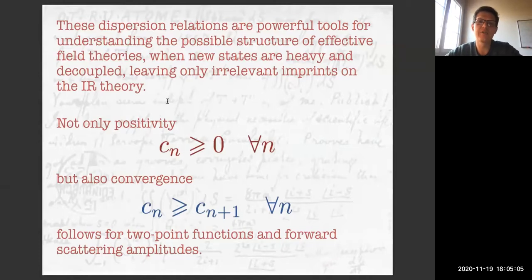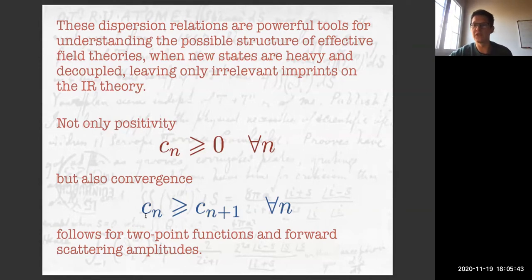So I think these dispersion relations are very powerful tools, and they give us lots of interesting things. We get not only the positivity constraints that we normally think about in quantum field theories and effective field theory, ever since the very pioneering papers by Nima Arkani-Hamed, Riccardo Rattazzi, Alberto Nicolis, Allan Adams and co. But with this approach we also get results that go beyond positivity, that relate successive terms in the p-squared expansion.